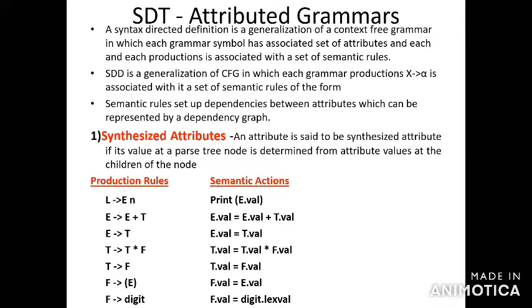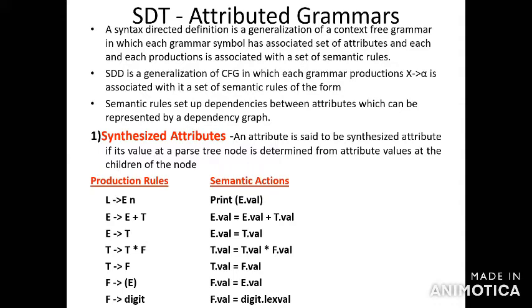That is Polish notation. Then 3 address code. 3 address code means 2 operands and 1 operator. In 3 address code, we have many types of statements: assignment statement, assignment instruction, copy statement, unconditional jump statement, conditional jump statement, indexed assignment statement, and pointer statements. These are all the statements of the 3 address code.